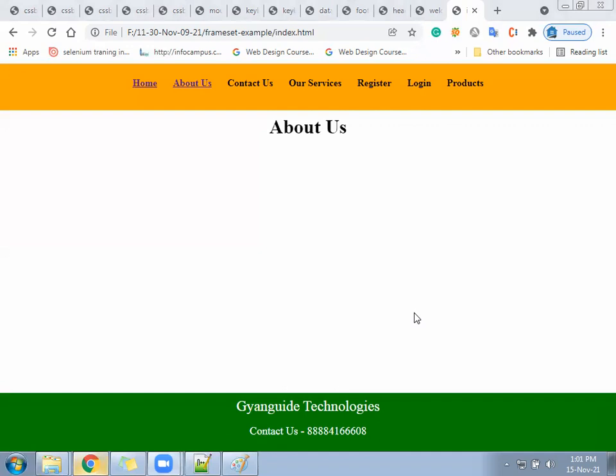When we click on any of the 2 hyperlinks we have given as of now, home and about, what is going to happen? Different pages are going to load, but in which section? Under block 2, not a new tab.